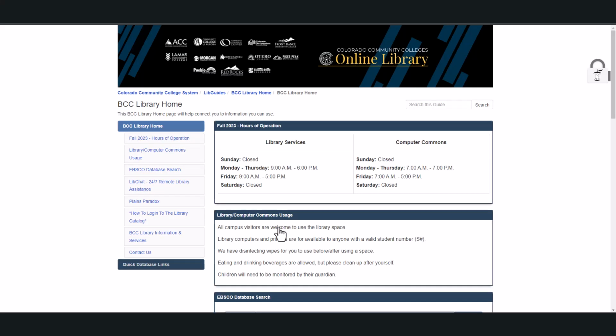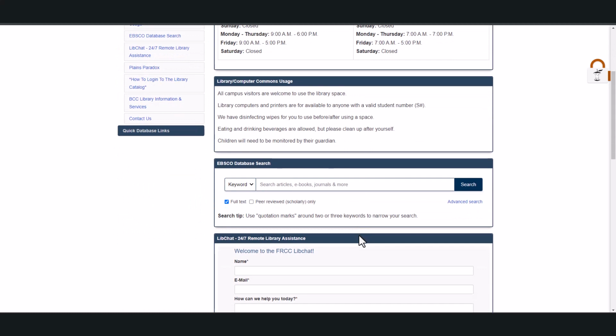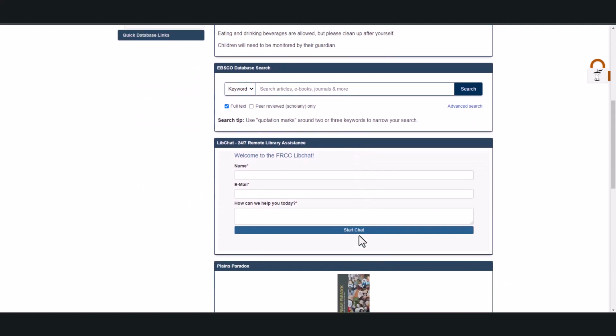When you reach the Boulder County campus library homepage, there are two ways to access the LibChat feature. There is a list of tabs on the left-hand side under BCC, Library Home. LibChat is the fourth tab under BCC, Library Home. If you select that tab, it'll automatically take you down the page to where that widget or box is located. Or you can just scroll down to the LibChat